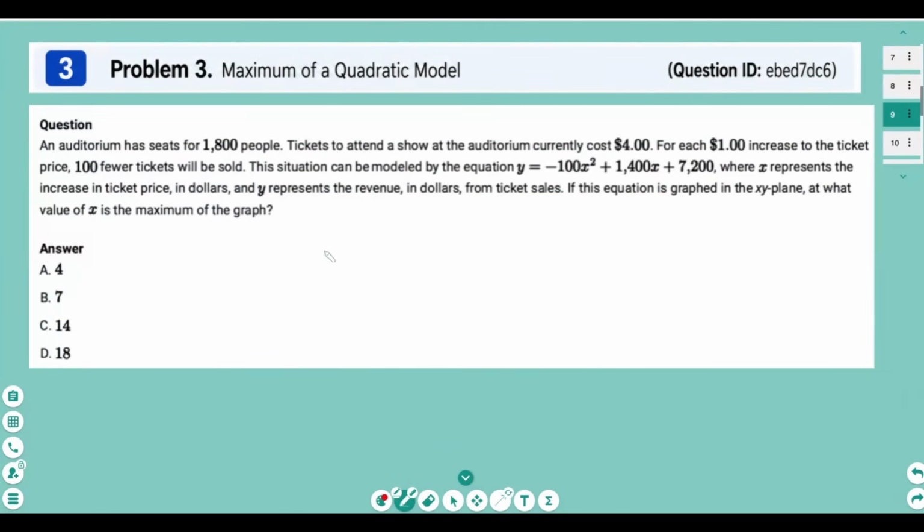What's faster here? Using the vertex formula or letting Desmos find the maximum? Let's use the formula. For any quadratic in the form y equals ax squared plus bx plus c, the x-coordinate of the vertex is given by x equals negative b over 2a. From our equation, a is negative 100, b is 1400. Plugging those in gives us x equals